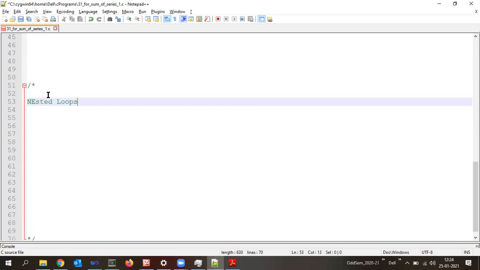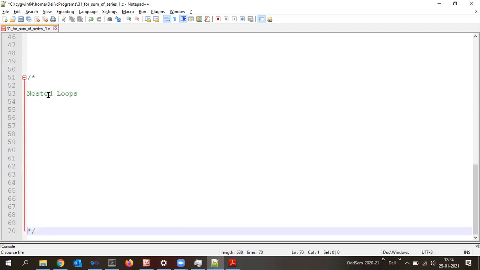Nested loops. Understand this particular concept, pay attention. So far we have studied the looping structures like for loop, while loop and do while loop. Earlier, for the if else, there was one more type of if. What was that? Nested if. What is the meaning of nested if? Within an if else, one more if else will be there, right? If else within another if else, we call it a nested if else.